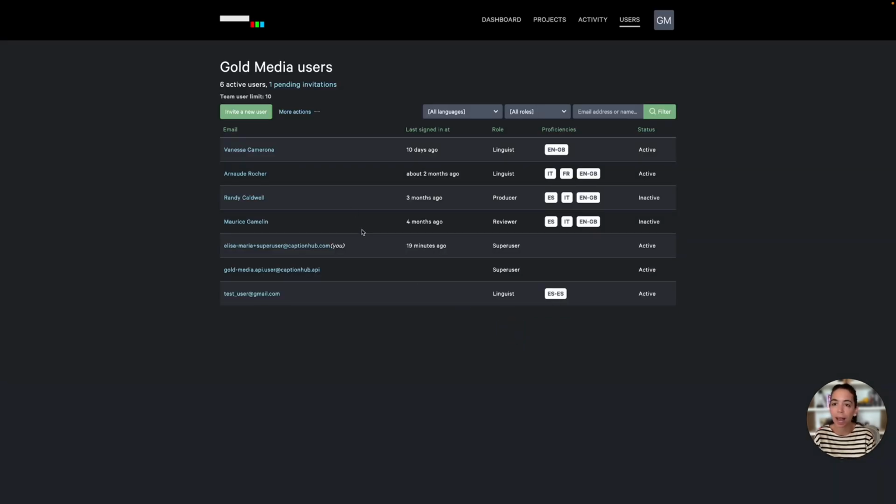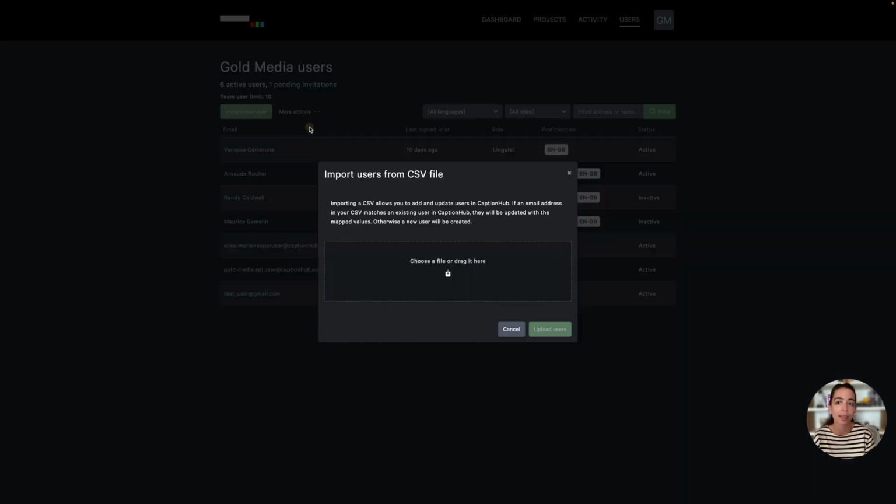Worth noting that if you're adding new users to an existing team and you wish to make changes across the team, you can make those modifications in bulk by, again, selecting More Actions. You can choose Export Users. Selecting this will automatically download a CSV file with all of your users' information. You can edit that CSV as needed, resave it, and then again, re-import it here. This will allow you to make changes to existing users and roles, as well as add in new users all at one time.